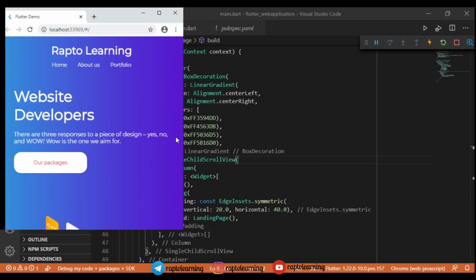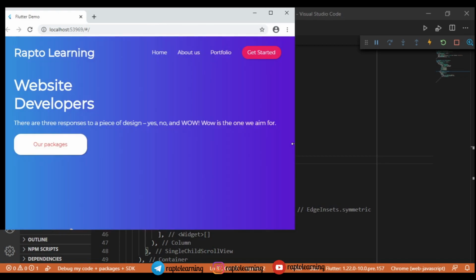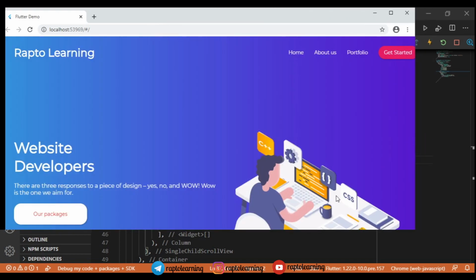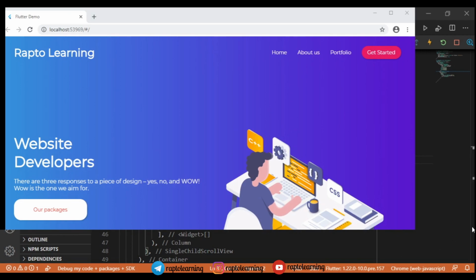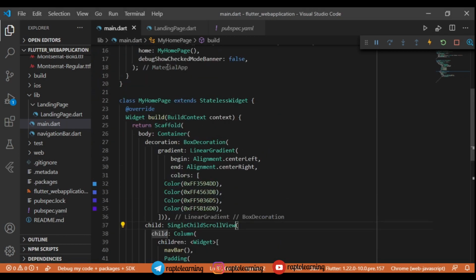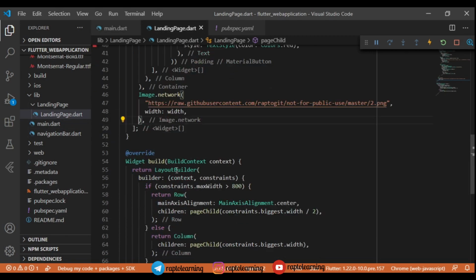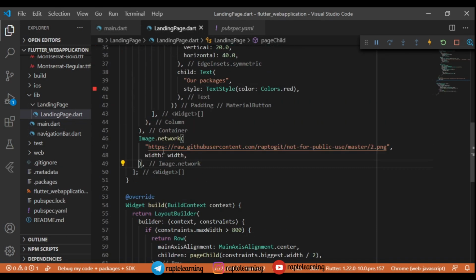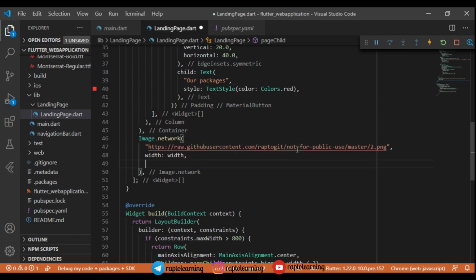It is running awesome on desktop, and we will just squeeze this for our purpose. In mobile view also the image is going downwards and it is working perfectly fine. For mobile view, if you want to reduce the size of the image, you can do that by playing with the width, and you can also pass the height of the image through this, right? That is pretty easy, so I will leave that task to you.